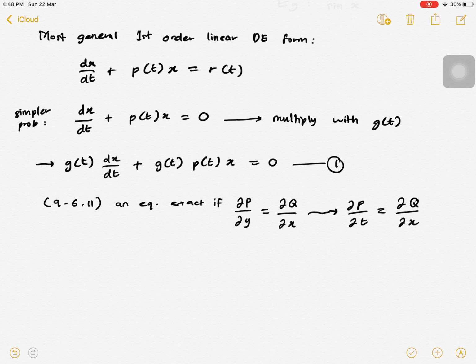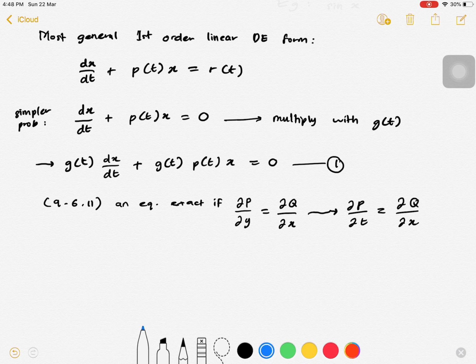Okay, now when we compare this equation with this component in the exact equation, you can see that this component is equal to p(t), and then the other one is